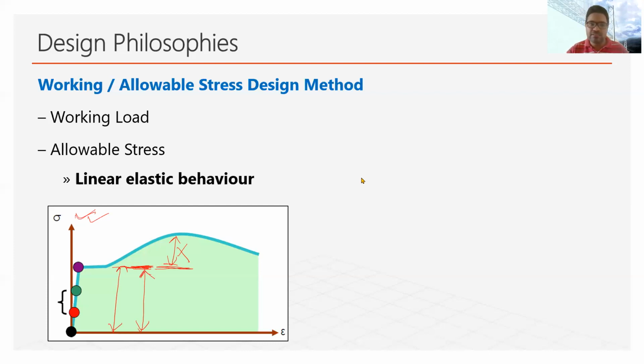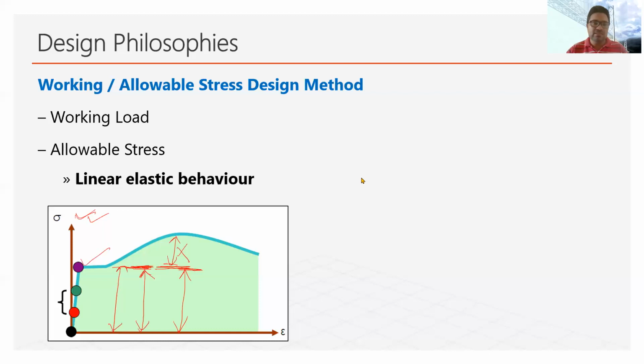So this level, which is shown by this violet color dot, is basically known as the yield stress point, or in working stress terms, we will say this is the maximum strength of the steel, or the maximum stress the steel can take. If the stress goes beyond this, then we will say that steel is at the onset of failure. So beyond this stress we do not consider in working stress. Up to this stress only we consider in working stress.